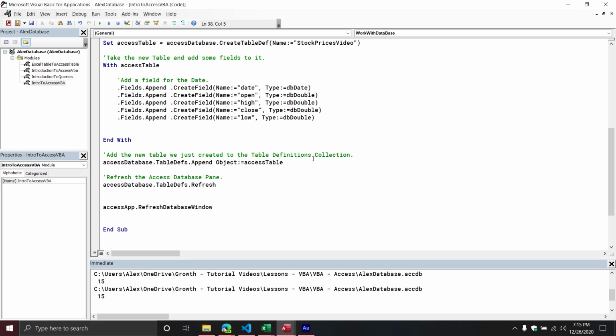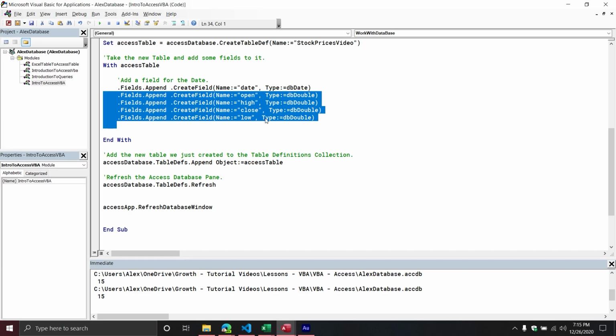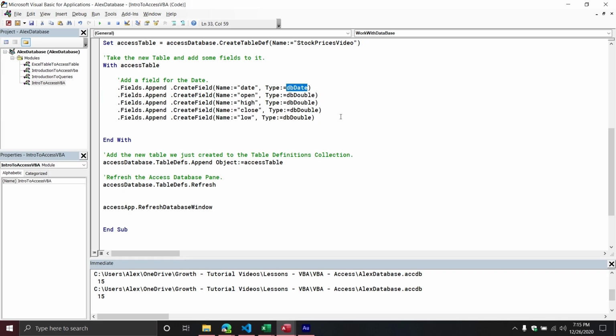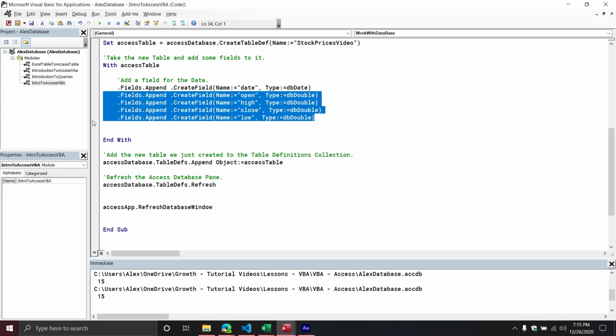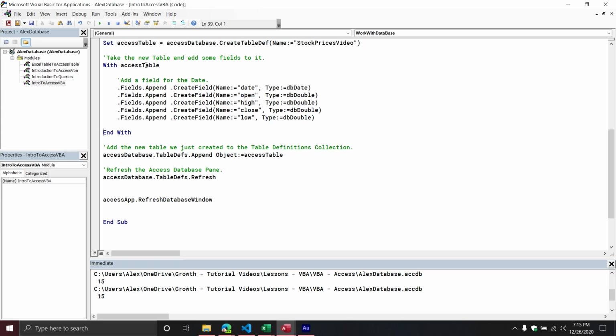do a first feeding. Okay, so as you can see, I have just created 5 different fields, so basically 5 different columns. One of those is a date, and 4 of those are double, so basically decimals and stuff like that. I would do the same exact stuff I'm doing right here. I'm just going to refresh the Access database table definitions,